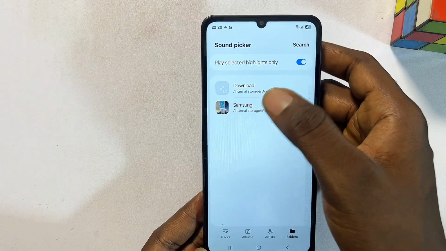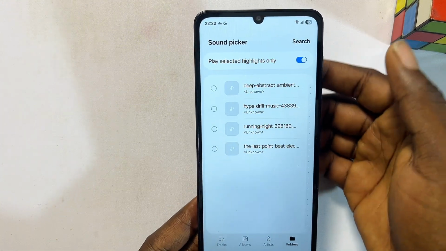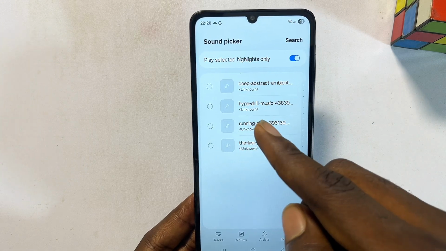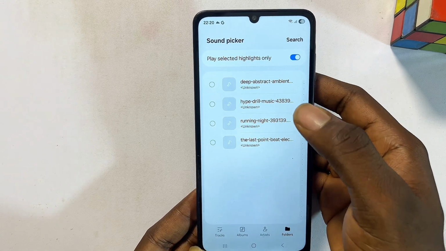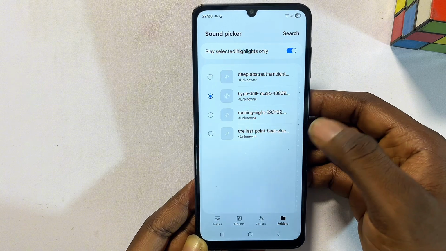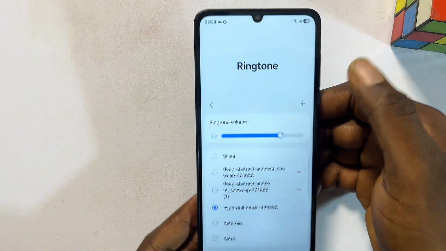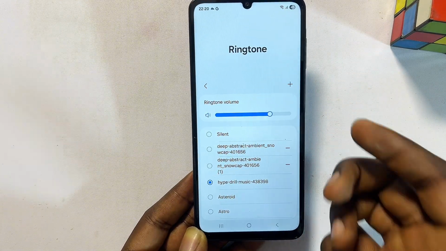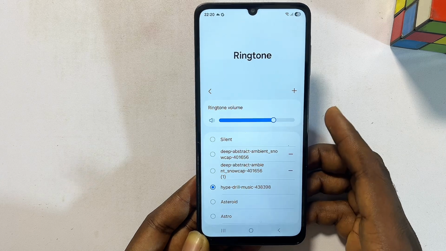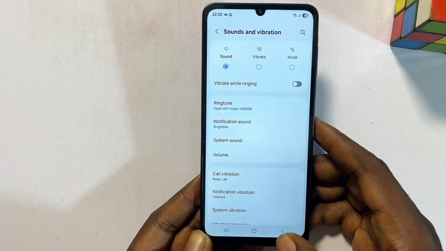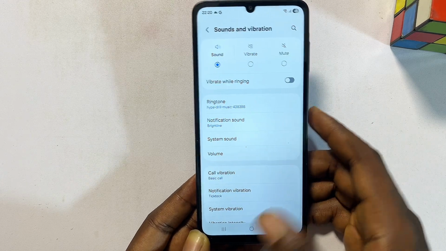Obviously your song should actually be under the downloads folder. Just go over to downloads and you should be able to find the song you have downloaded into your Android phone, and I can just go ahead and select it directly from here. Just click on the done button at the top over here, and that particular song will now be set as ringtone for my Android phone. And at this point, if I get any call on my Android phone, that should actually be the ringtone on